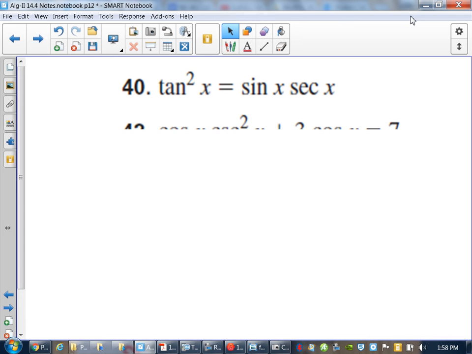Guys, what we do is we hide identities inside of the problems, which means a lot of times you have to simplify what you have to start with prior to doing any of the work. So in this case here, you've got tangent squared, sine, and secant. So that means you have to try to figure out some way to put everything in terms of one of